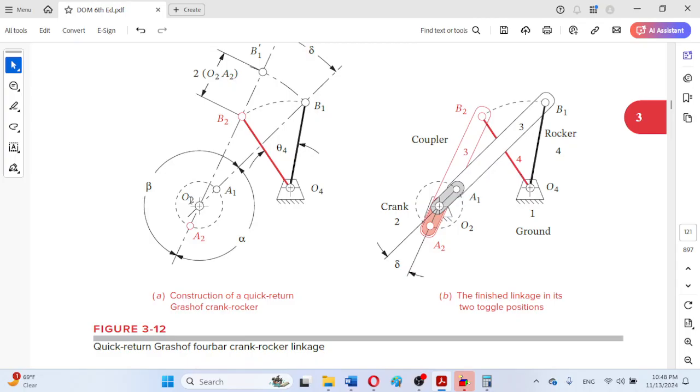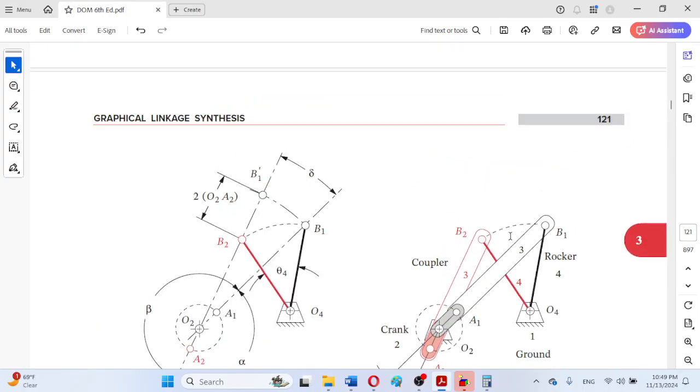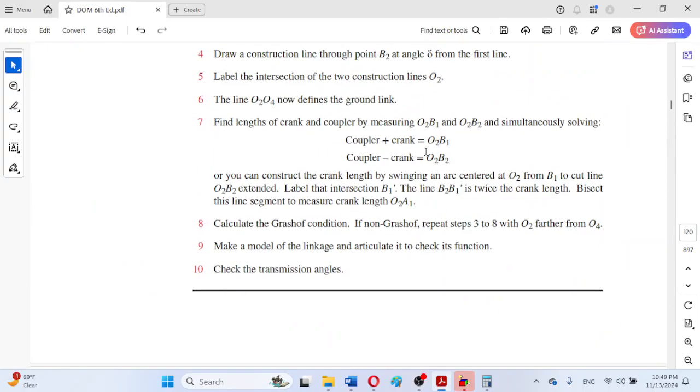So the distance from O2 to B2 will be equal to b minus a, and in a similar manner from O2 to B1 the distance will be b plus a, because this distance is a and from A1 to B1 is actually b. So what we will be doing, that we will be solving these equations simultaneously,